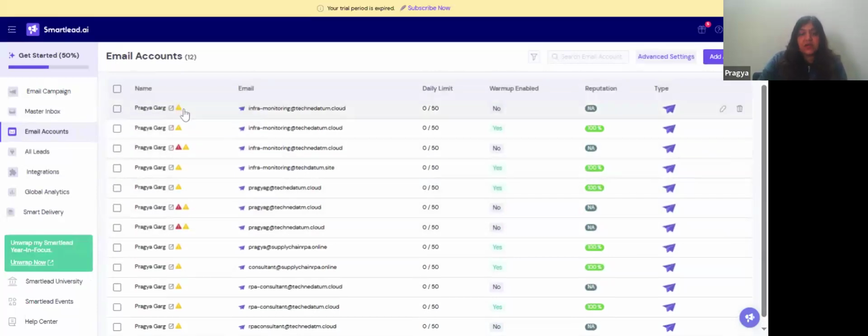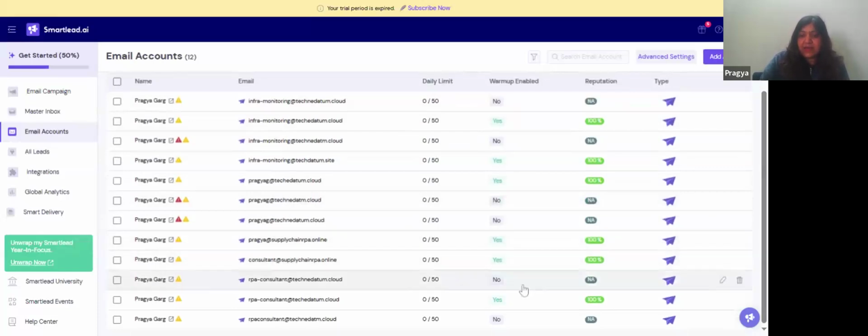So right now there is a yellow triangle next to it because it is not active. So I need to work on it. If ever there is any action needed or some configuration that is required, you can absolutely use this. And these kinds of tools, cold emailing tools, are actually pretty good for warming up. So you can see that some of my emails do have warm up enabled. That was a setting I provided, and the domain rating for them, the reputation, is pretty good, right? So if there's an email going from this particular mail, there are high chances that it will be accepted, and there's a process to it which I will come to.